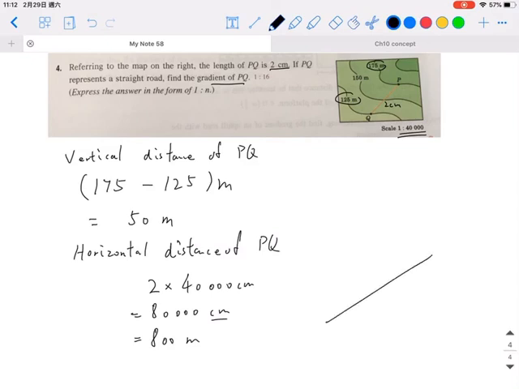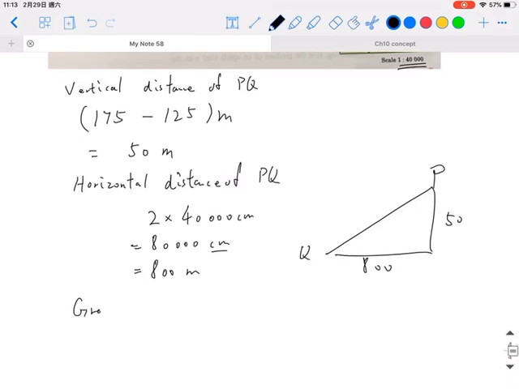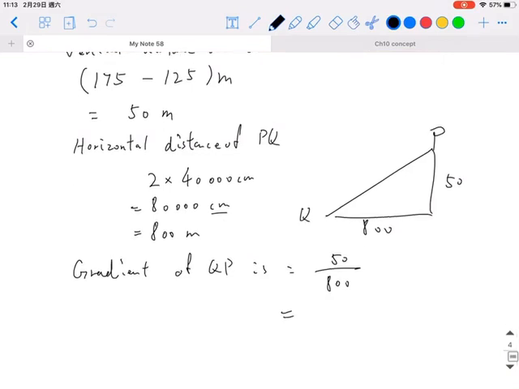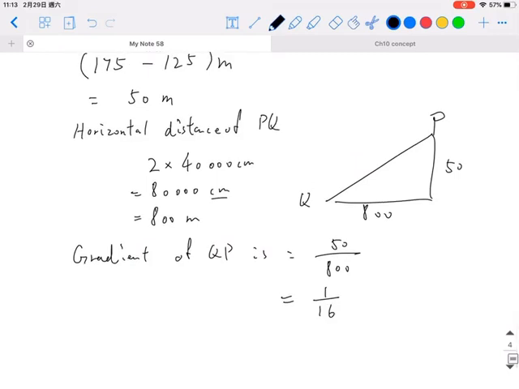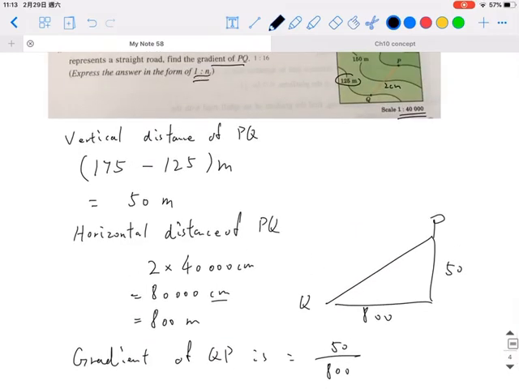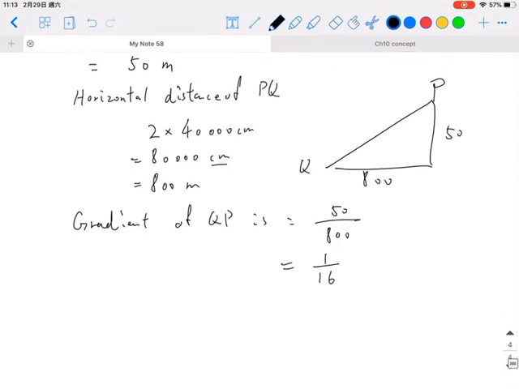I try to draw a right angle triangle for you, from Q to P. The vertical distance is 50 and the horizontal distance is 800. So the gradient of QP is 50 over 800, and after simplification, it's 1/16. The format of the answer we need is a ratio format, 1 to n. So the gradient of QP is 1/16, and that's the end of this